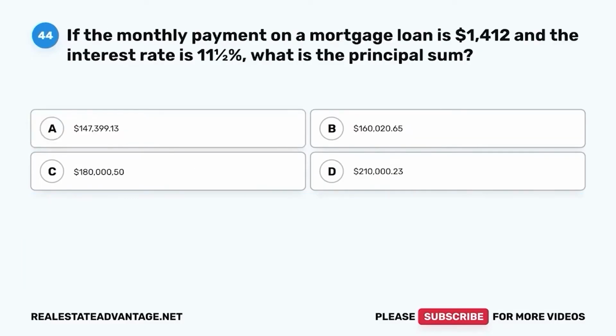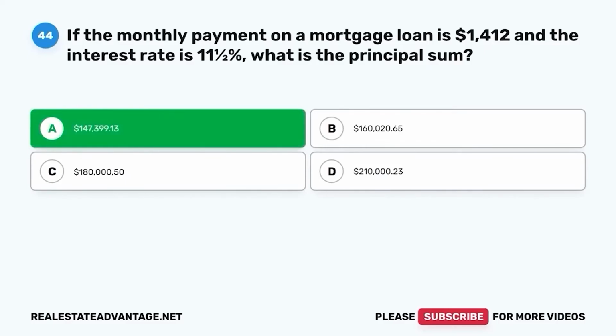Question 44. If the monthly payment on a mortgage loan is $1,412 and the interest rate is 11.5%, what is the principal sum? A, $147,399.13. B, $160,020.65. C, $180,000.50. D, $210,000.23. The correct answer is A,